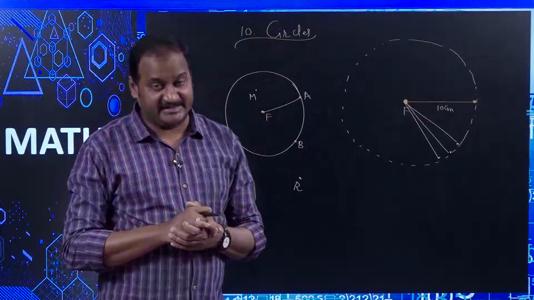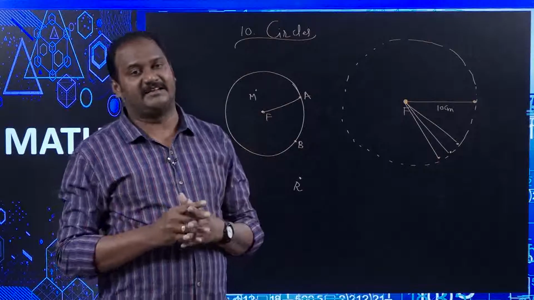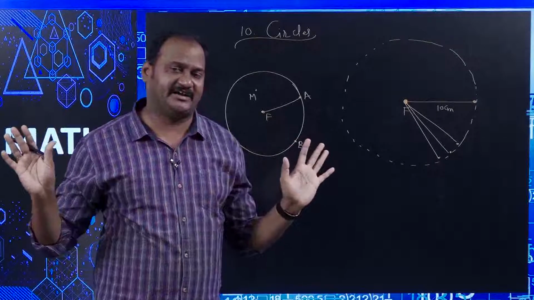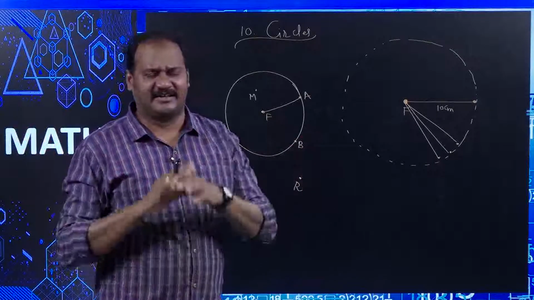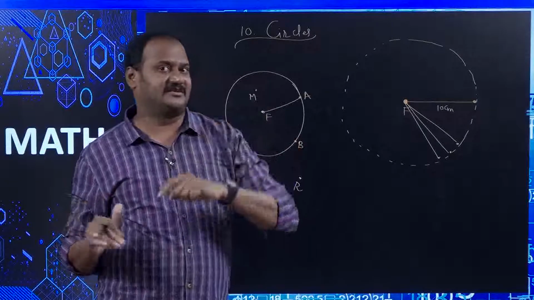You got my point? Does the center of the circle belong to the circle or not? Then we will definitely say that the center of the circle belongs to it, because without the center we cannot draw the circle. Everything is correct, but the center of the circle does not belong to the circle.